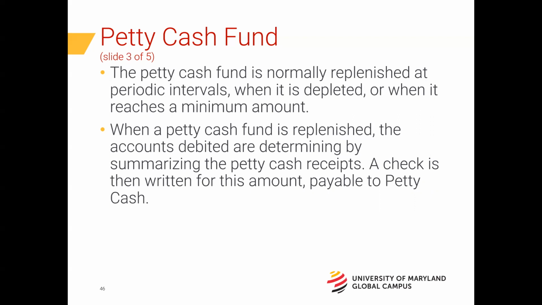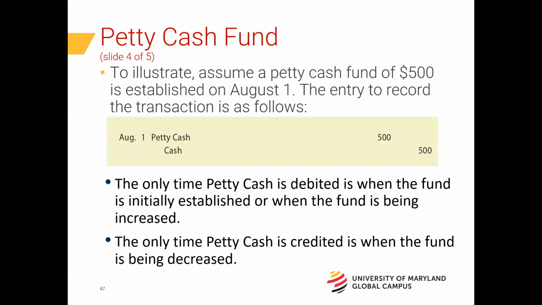So at the end of the month, when we run out of petty cash, we bring all those receipts to the accounting department. The accounting department creates a special journal entry or an adjusting journal entry to account for the use of that petty cash. And then the cycle repeats itself. The accounting office then writes another check for petty cash and the whole thing starts over again.